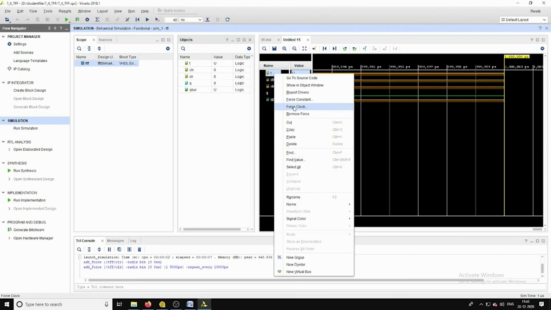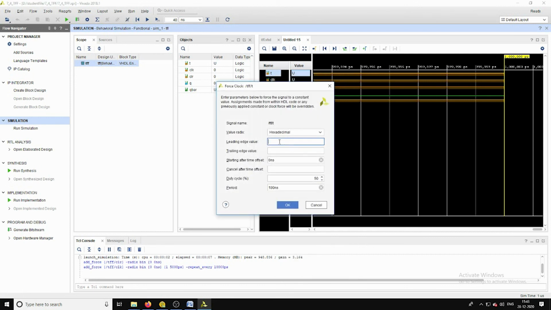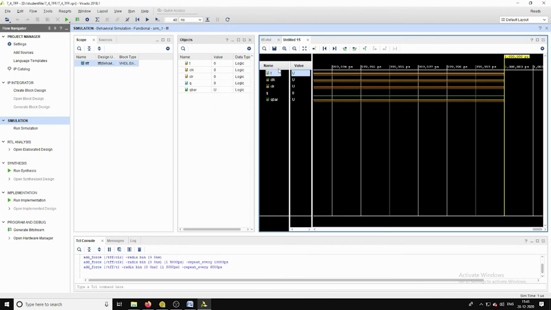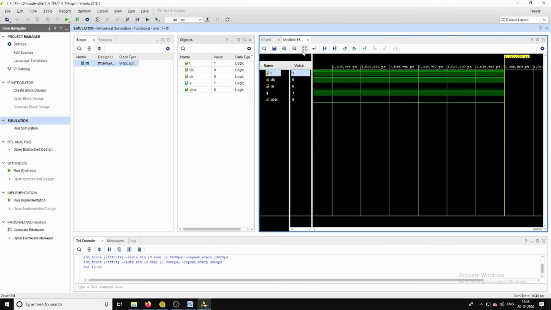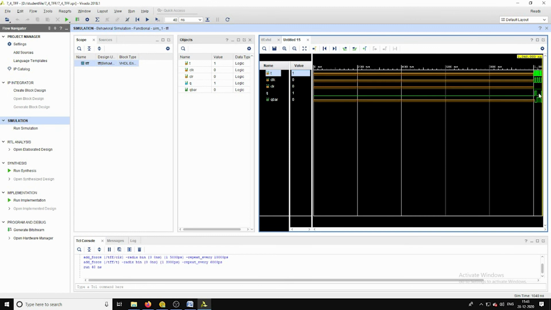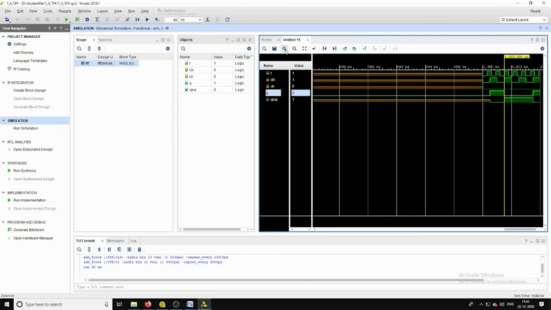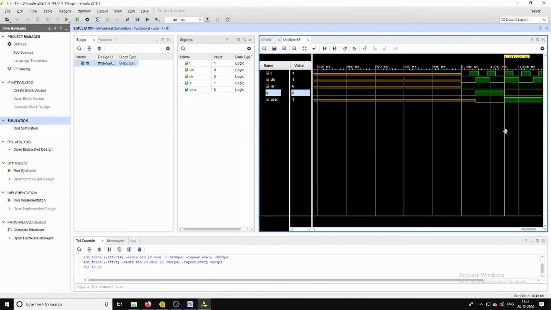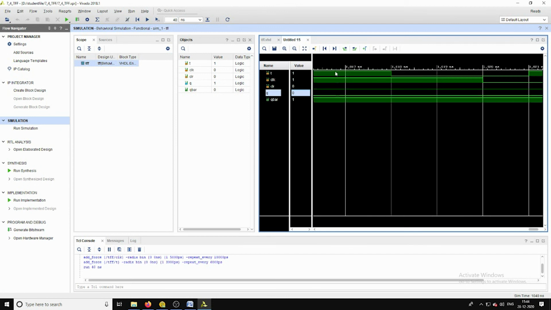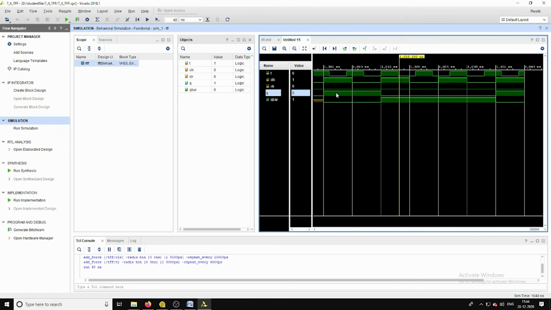I am considering the T input, which I am also assigning like the clock, but with a different clock period, 6 nanoseconds. As I am running it for 40 nanoseconds, and yes, if we run this particular code for the positive edge of this clock,